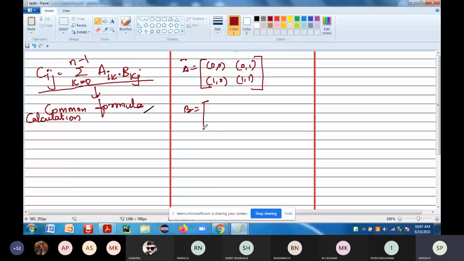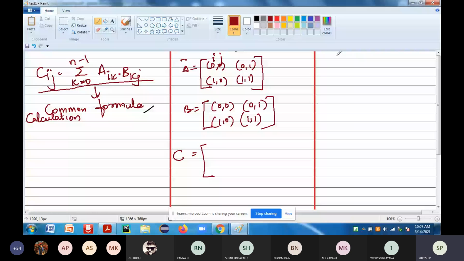So the resultant matrix will be indexed by i and j. Suppose we have the square matrix of A and the square matrix of B, and we take the square matrix C. For this particular element, it will be C of 1 comma 1.